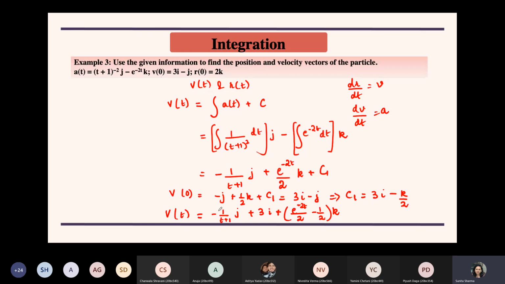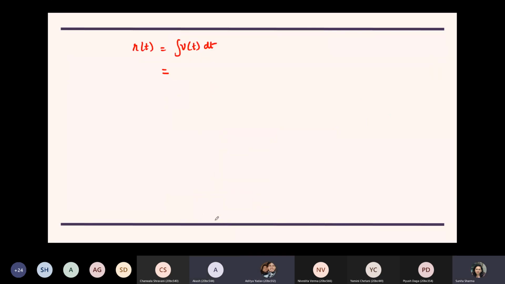What is the integration of this? 1 over 1 plus t, or t plus 1? Minus log t plus 1. Yes. This is along with i. Sorry, j component. Then the next term with 3i, if you want to take the integral next, so that will be